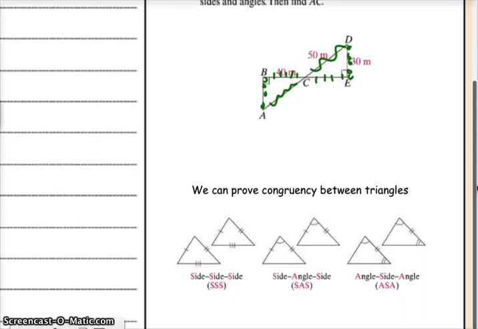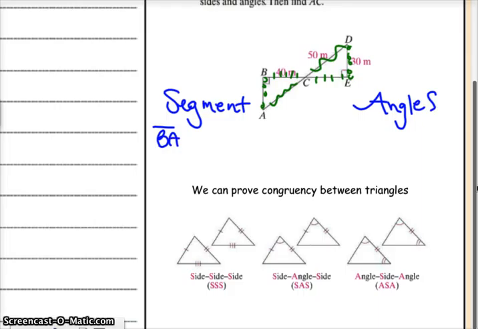So I know that I have 3 segments, and I know that I have 3 angles. So I just like to separate them. You definitely don't have to, okay? Starting with segments, I'm going to say segment BA. So right away I made a commitment. I'm going from my right angle to the angle right under it. So segment BA is congruent. Now I got to start at my right angle on the other one. Segment ED,